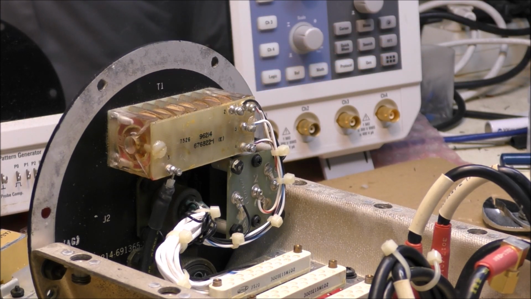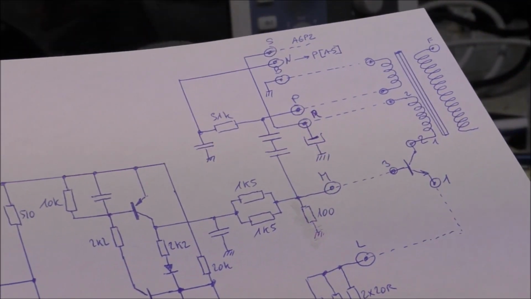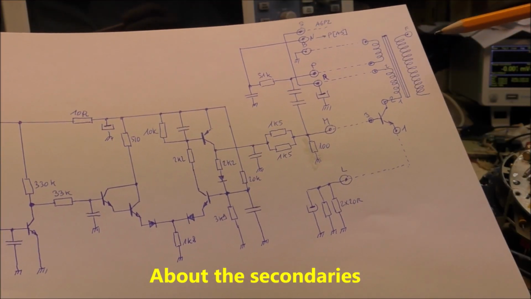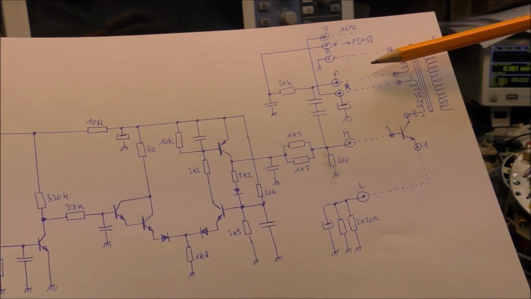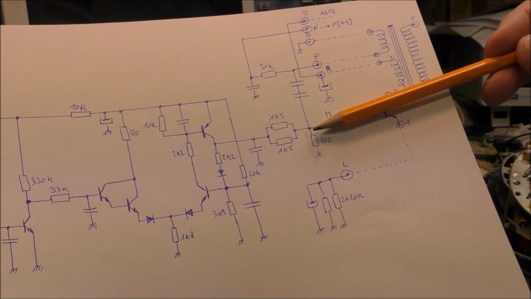This transformer delivers the voltage of 1500 volts. This is an auto-oscillating system. You can see the transformer here. One is a high voltage secondary which is fed to the helium lamp. The second one is a feedback which permits the oscillation of that system. You can see the feedback using this capacitor here.